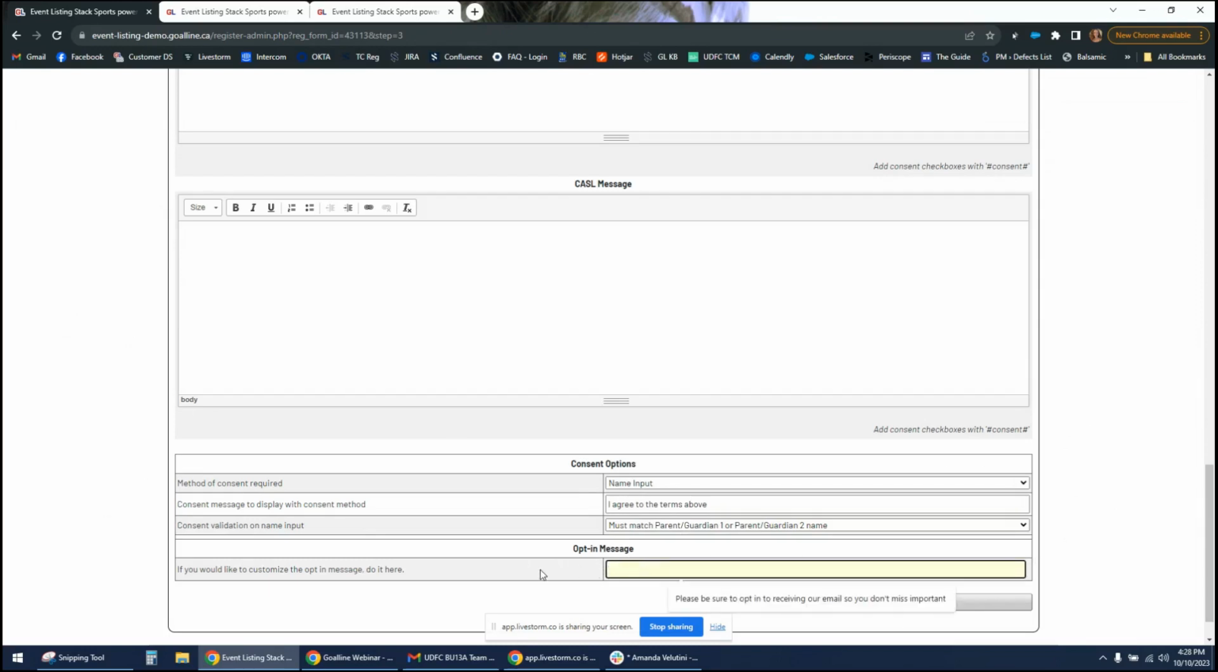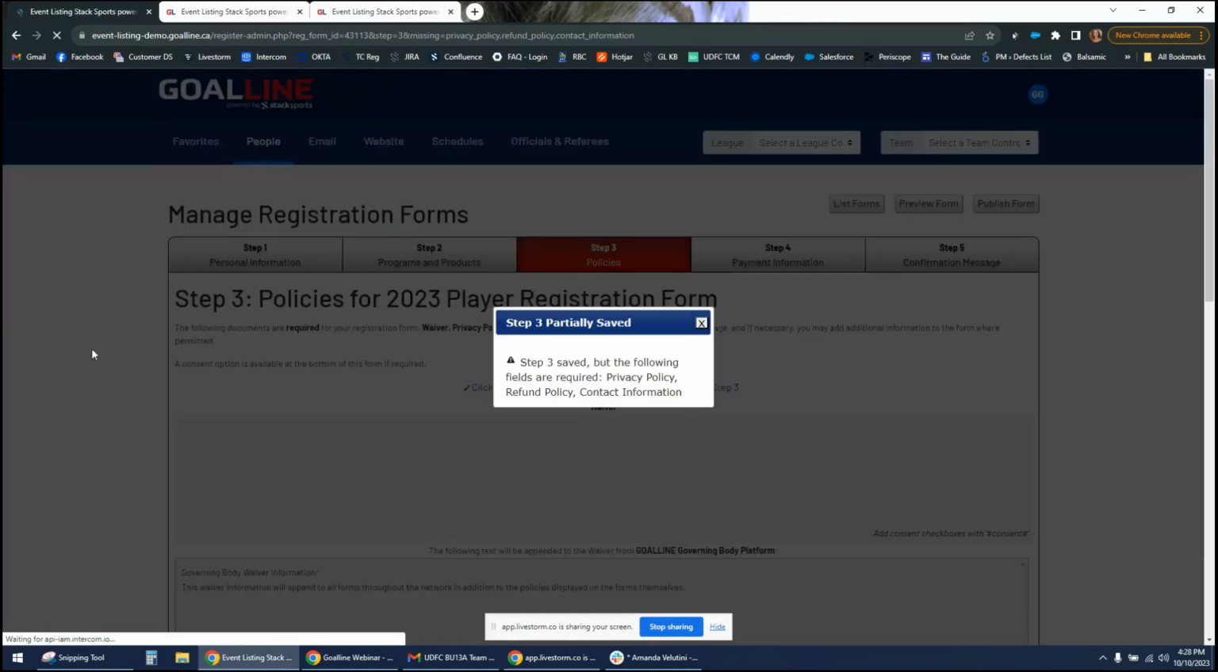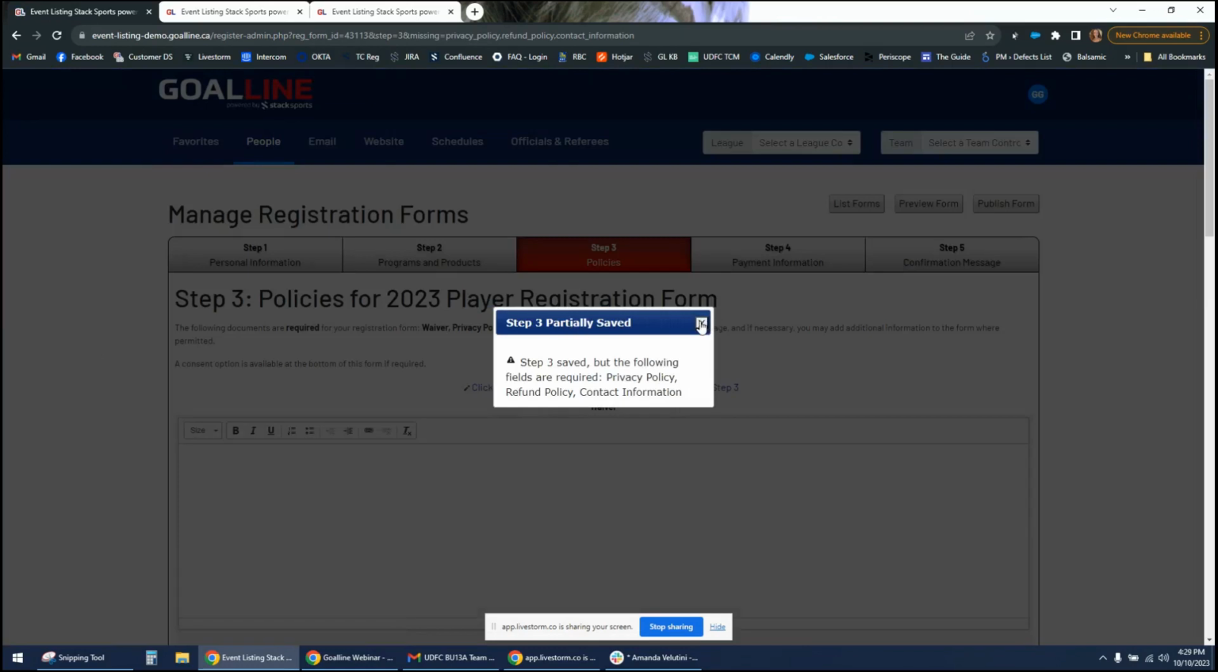Your opt-in message again relates to opting into email communication. So you might want to make sure that you add something in there just to make sure that people do see that and want to opt in. If you are outside of Canada, then you'll find that the checkbox for opting in is going to automatically be